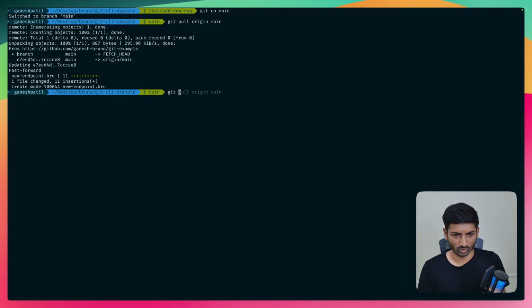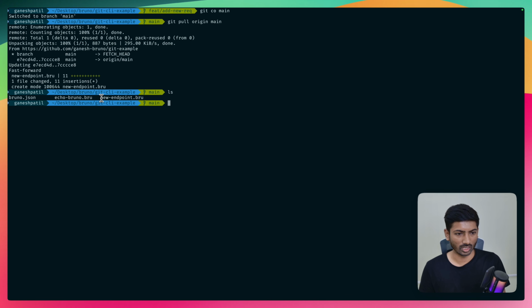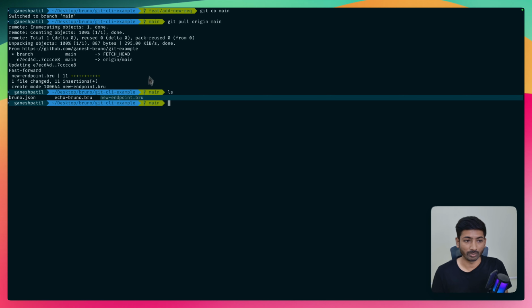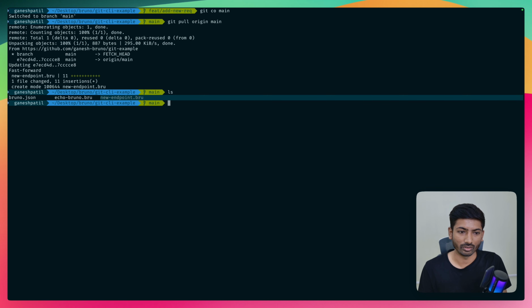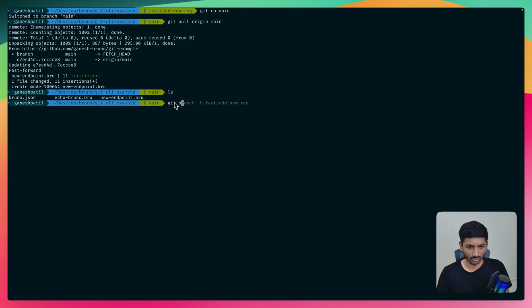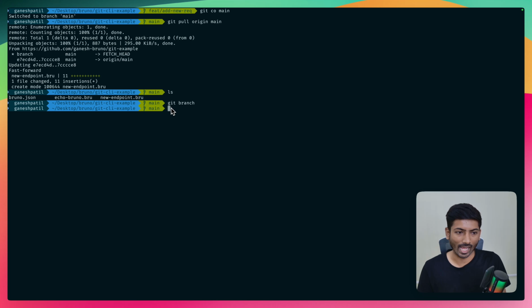And if I just show git diff, or not a git diff, I would just want to show the ls, all the files which we have. You can see I have new endpoint, which is a part of my previous branch which we created, feature example. You can see the branches and add a new request. So this is the branch which we created, and we added this file into that branch. But right now we pulled all the merges to main, and right now we are able to see everything in the main branch. And this is the basic flow of how Git works with a Bruno collection, how you can merge,